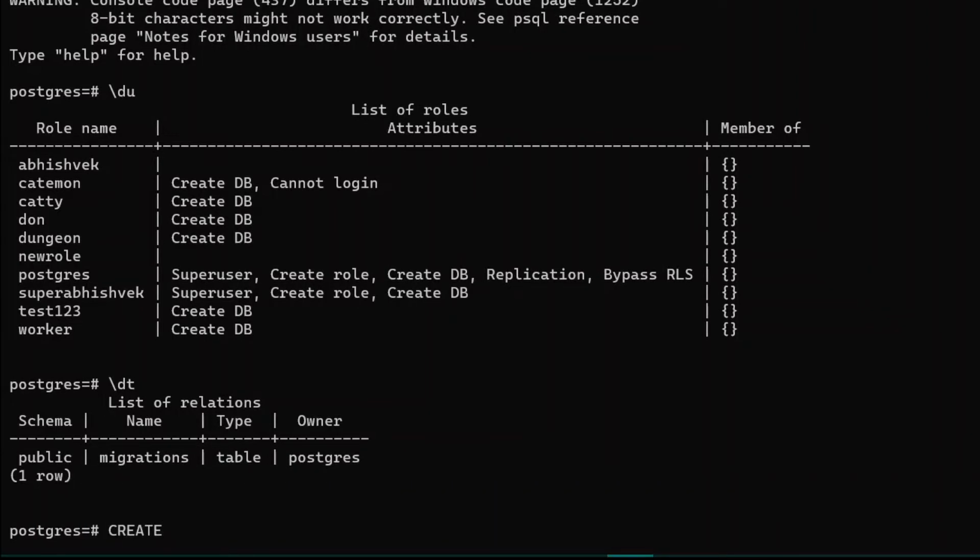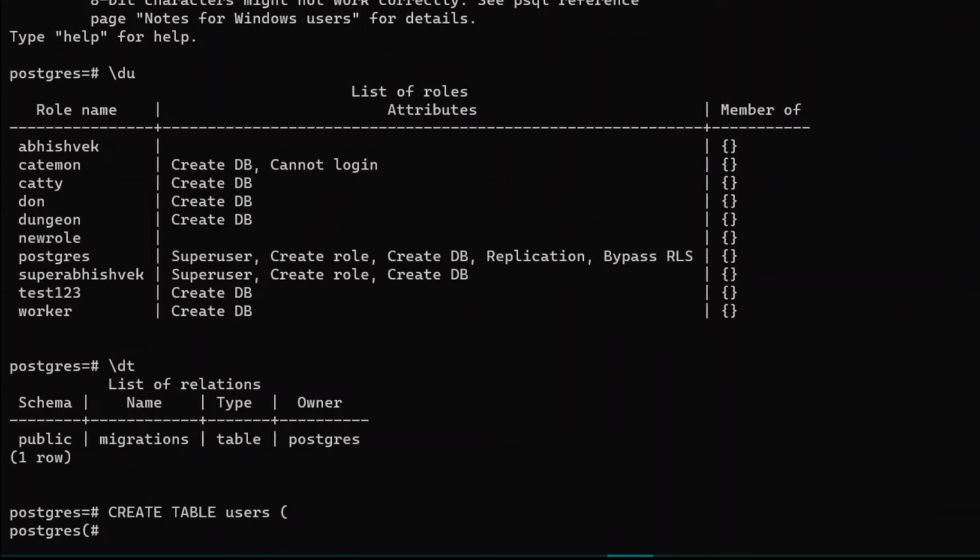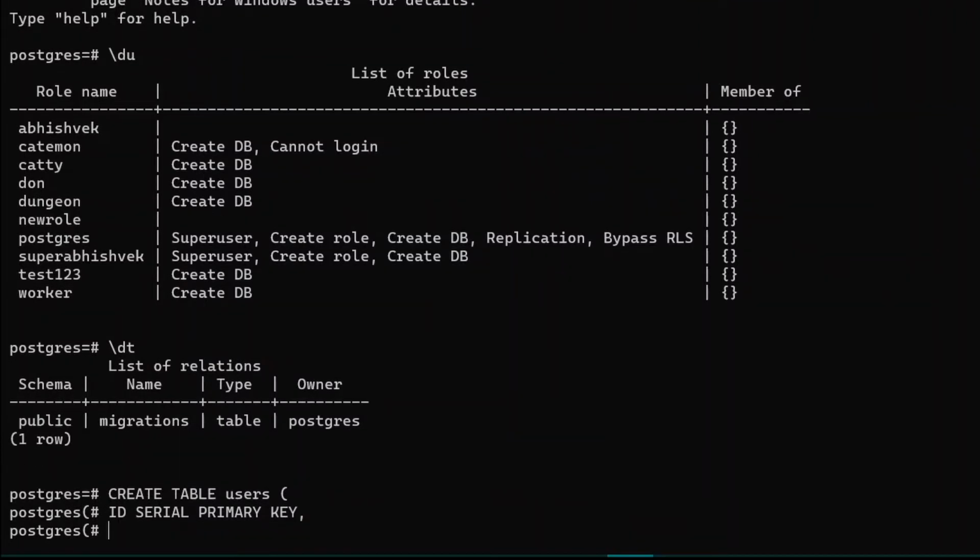So for creating a new table, you need to write the following command of create table, and under this you should be writing here the table name, let's say users. Cool, so let's add a bracket here, that is parenthesis, and press enter. And here first of all we shall be giving here a new ID which will be a serial. So let's add a serial key, we shall be increasing likewise, and the following ID is going to be a primary key.